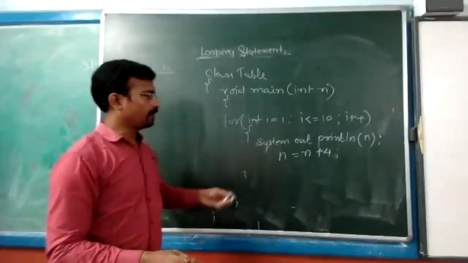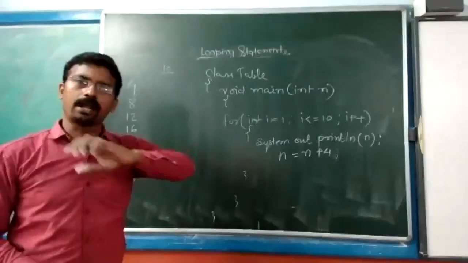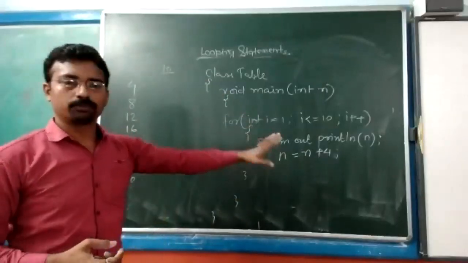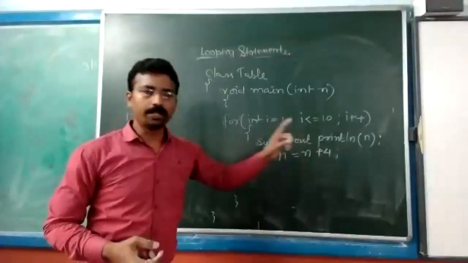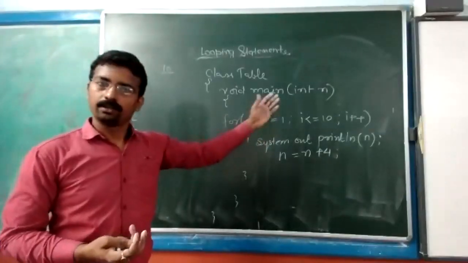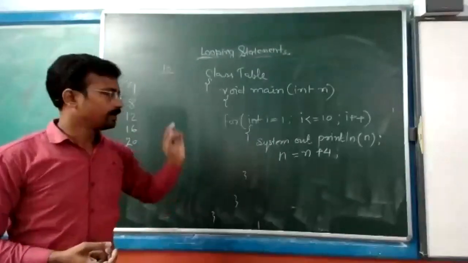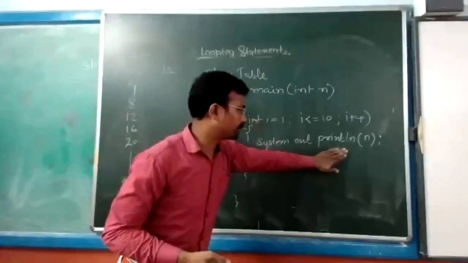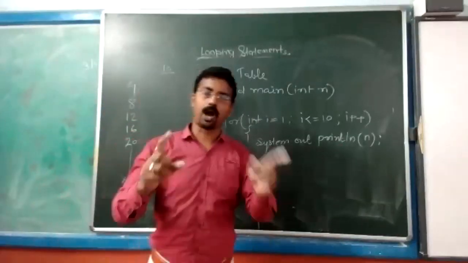The question is, if you are following this logic, will it work for every number we give from the keyboard? Suppose one time I give 4, okay, no problem. But next time I give 8, is it going to work with 8 also? No. If we give 6, it will not work. So what is the one program that will work for each value for finding the table? We will not write this. We will try to understand how we will do it.